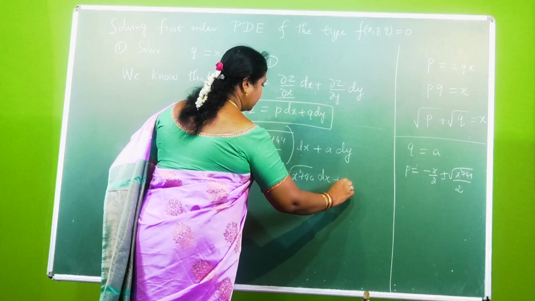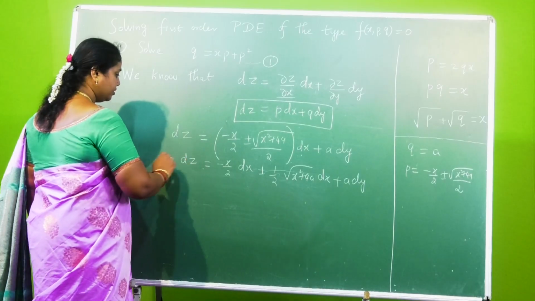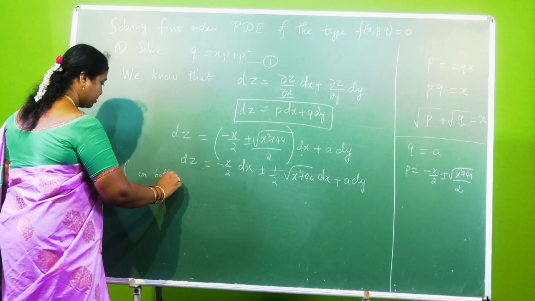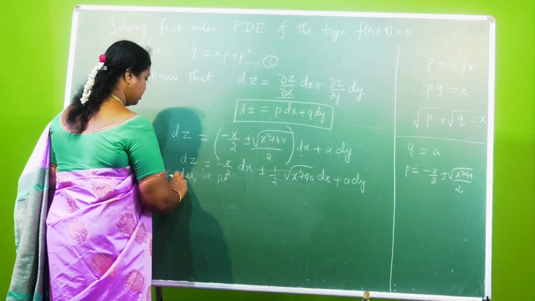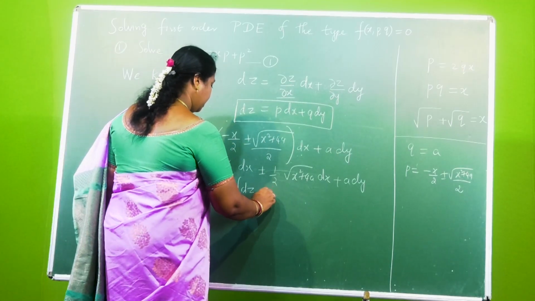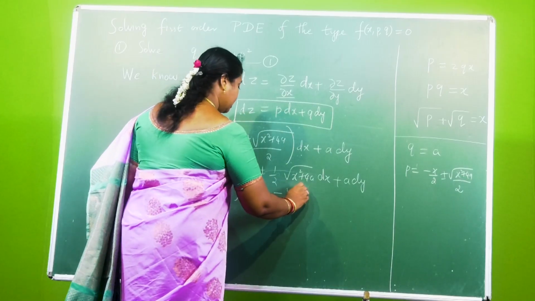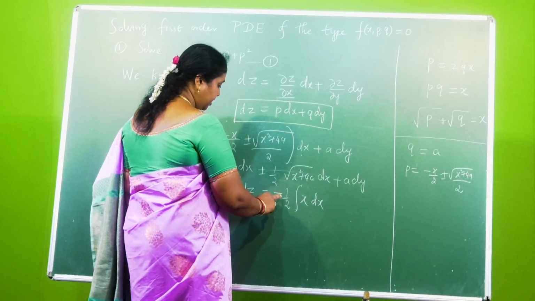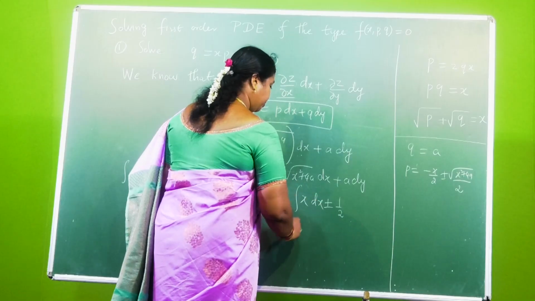To avoid confusion while applying the integration formulas, now we have to integrate on both sides. We get integral dz equal to minus the constant. So minus 1 by 2, you can take it outside before doing the integration. So the first term will become minus 1 by 2 integral x dx. Second term will be 1 by 2 times